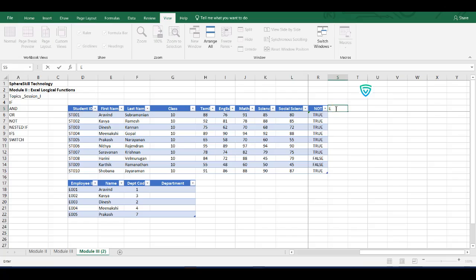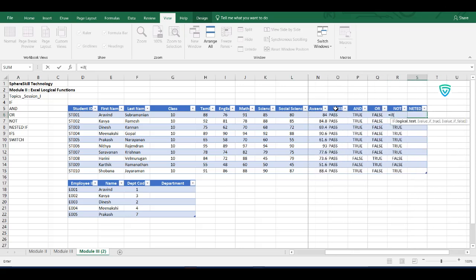Okay, so here we have to use a nested IF statement. So for the nested IF, we will write equal to IF. We can see what aggregate they have secured by using an average. So we need the average cell also in this. Okay, so we have an average here. If average is greater than or equal to 90, then mark it as A plus. If not,